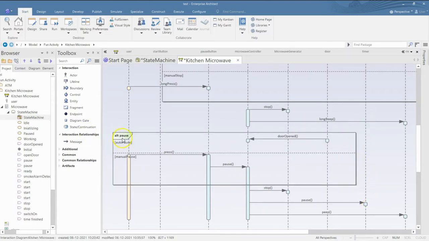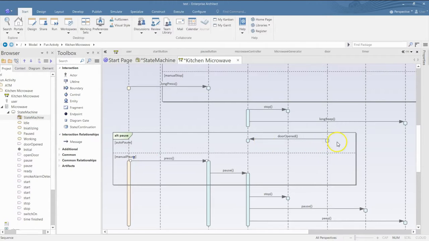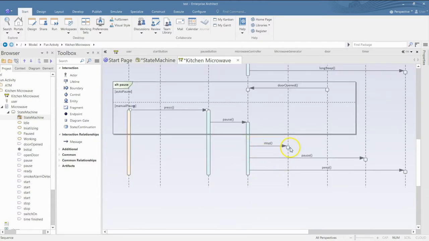Long beep. If I do a short press, or I open the door, it is equivalent to pausing the microwave. So the controller will receive pause and it will stop the microwave generator, pause the timer and make a beep sound.